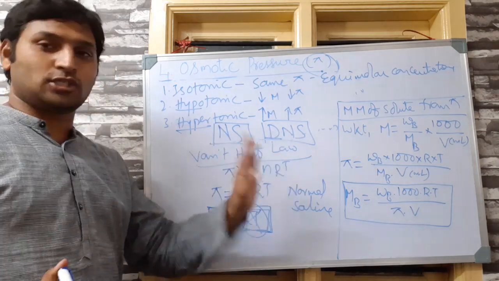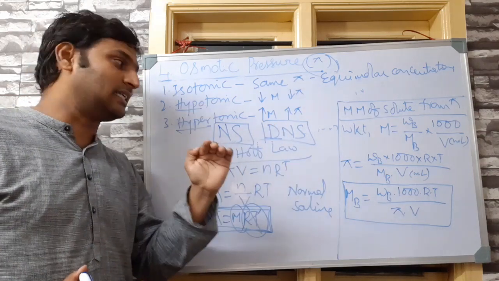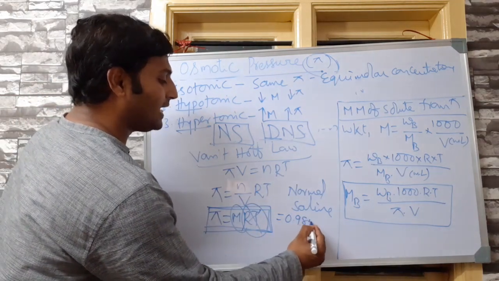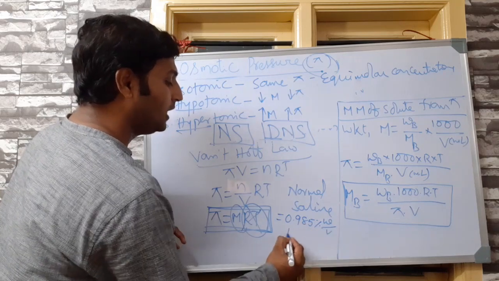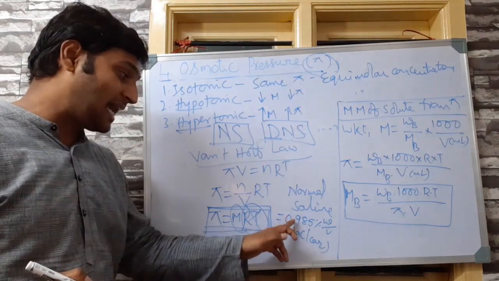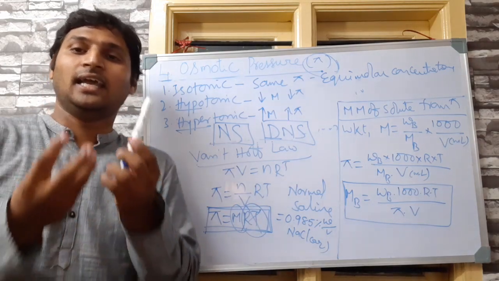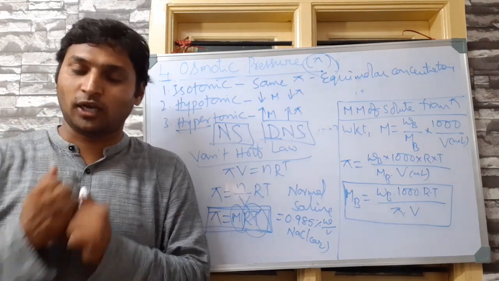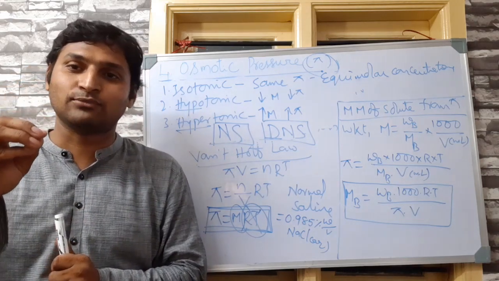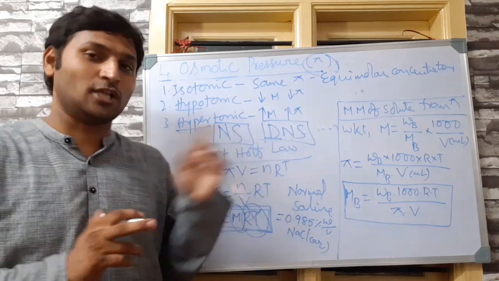So in normal saline or dextrose normal saline, for instant energy they are adding glucose, otherwise the main one causing electrolyte balance is normal saline, and normal saline is 0.985% weight by volume aqueous solution of sodium chloride. What is normal saline? 0.985% weight by volume aqueous solution of sodium chloride. That means in every 100 ml of distilled water, I repeat, in every 100 ml of distilled water, 0.985 grams of sodium chloride is dissolved. At that concentration, you call it normal saline.